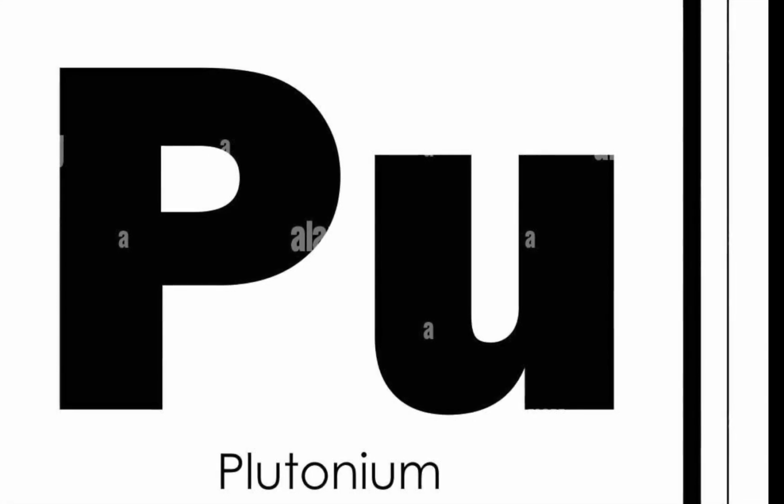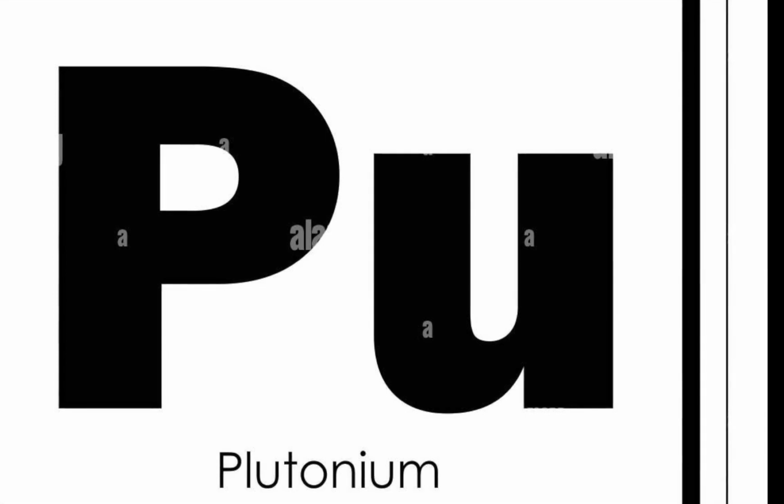Wait, what's the third reactor? The third reactor that was available in the early 1940s was called the B reactor, which was built at Hanford in Washington State. So this was a